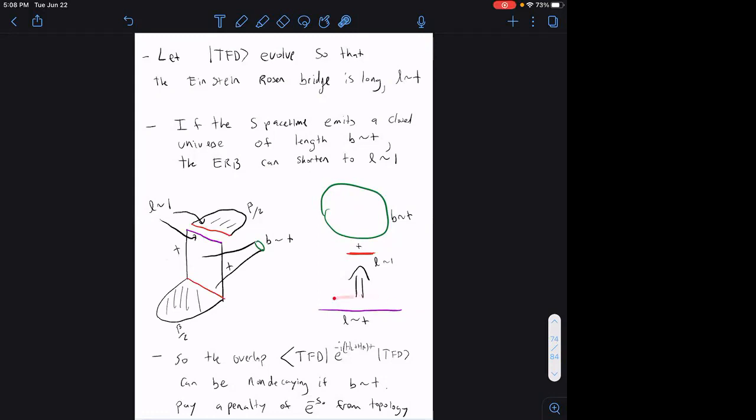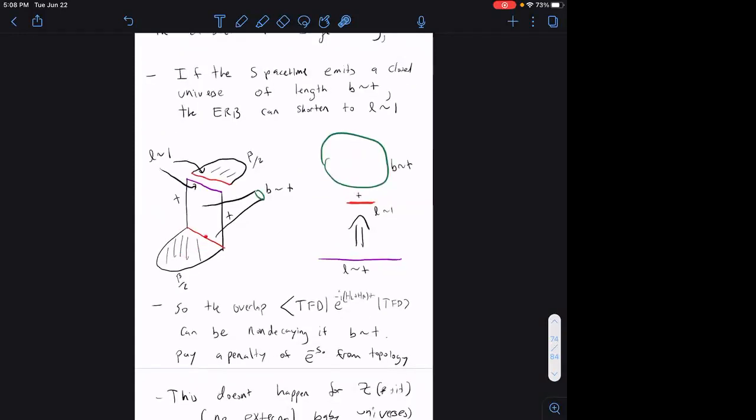So here I've drawn a picture of what's happening. You start out with a really long spatial slice, a long Einstein-Rosen bridge, and when the baby universe splits off, it can turn into a short universe with an order 1 length and a large baby universe of size T. So